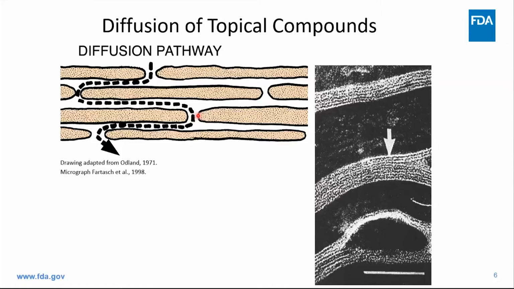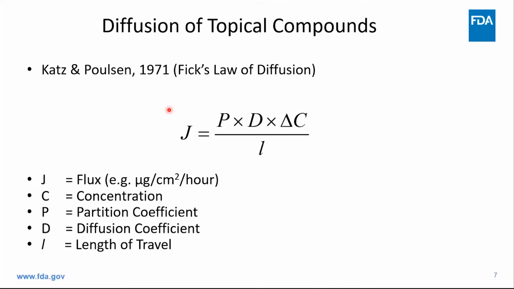Now, compounds or even excipients can disrupt this ordering. They can alter the solubility or the diffusion through these lamellar lipids. And that diffusion that we're going to talk about is flux, the flux through the skin. Now, Potts and Guy adapted Fick's law of diffusion, and I won't have too many equations here, but I want to highlight really the fact that this flux is dependent upon a few key principal elements. One is the partitioning of the compound from the vehicle, from the dosage form that's on the skin, that partitioning into the stratum corneum, and then diffusion through those intercellular lipids, as well as the concentration gradient,